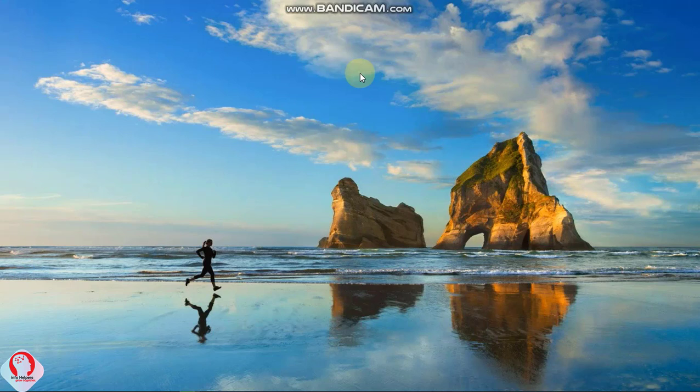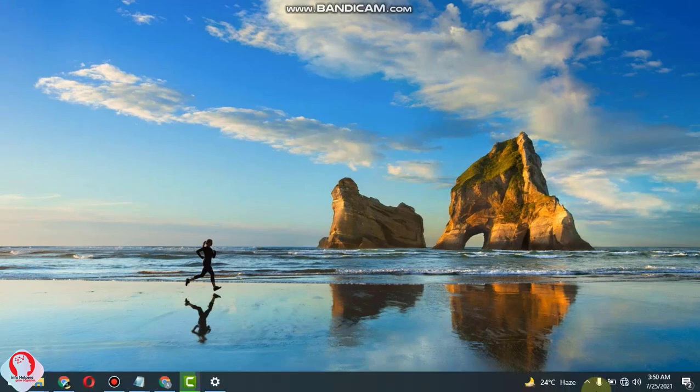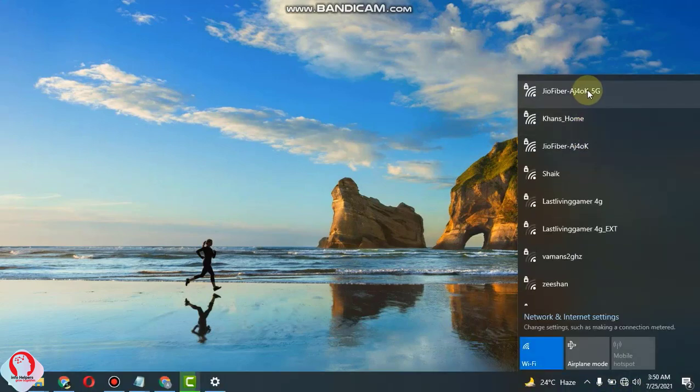Once you are connected, let me show you how to get connected with your Jio wireless router. Click on wireless options. Here you will see a list of all the wireless networks which are nearby. I have a wireless name called Jio Fiber AJ405G, which is my Jio router name.